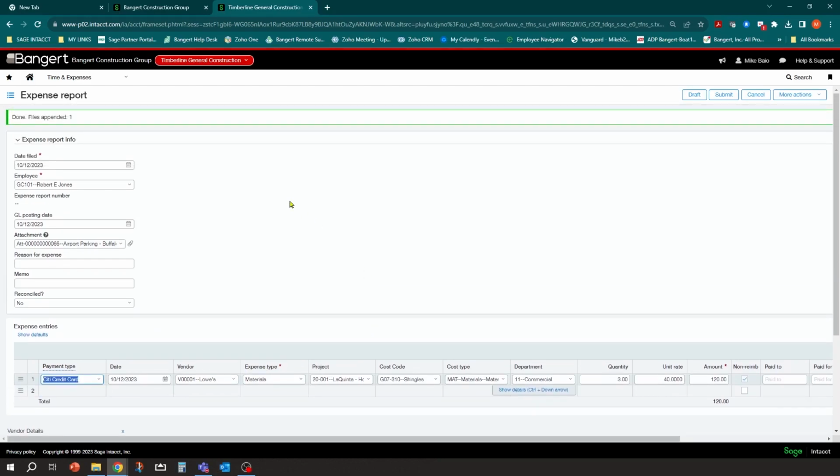And depending on your workflow, when you click submit, the system will either take it in through an approval process or it'll post it directly into the system. So I don't have approvals turned on here, but if you did, you could hit submit and then possibly the project manager could approve this expense coding before it goes into the system, because it'll go based on the project. So you can set up your own approval systems. If you have any questions on that, again, reach out to us, help@bangerantinc.com, and we can help you with that approval system. So I'm going to go ahead here and enter that transaction and click submit.